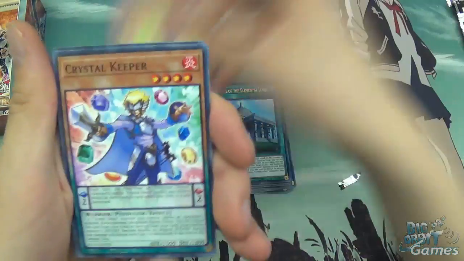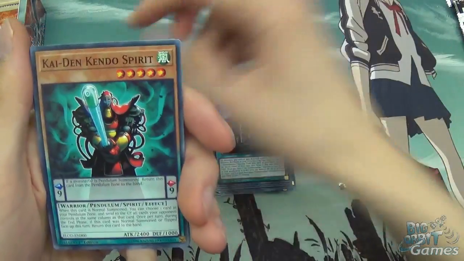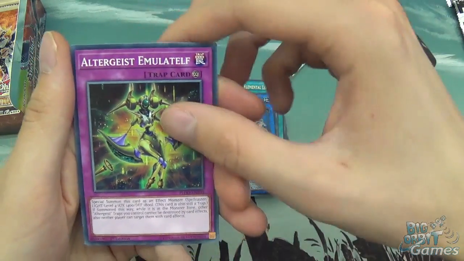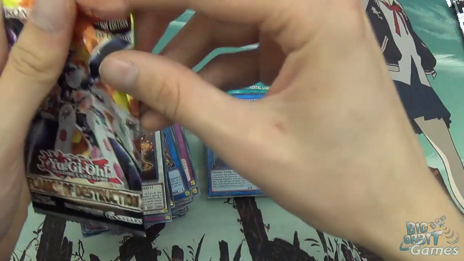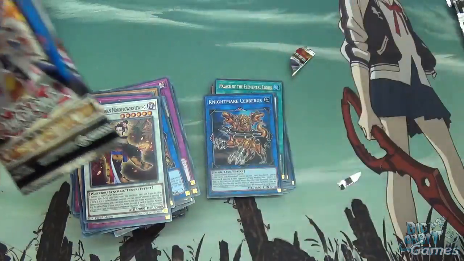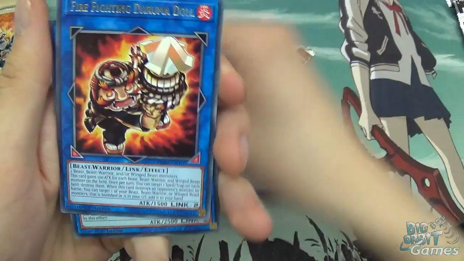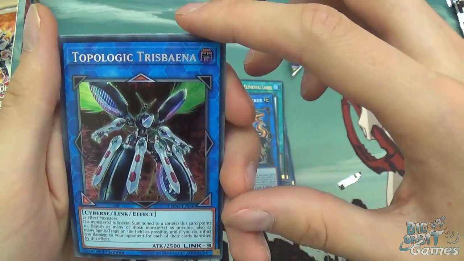Trickstar Nightshade, excuse me, Crystal Keeper, Mama Maki, Kaiden World Legacy Struggle, Nightmare Cerberus, Background Dragon, Altergeist Emelachtelf, and Moonflower Viewing. Shadow Construct, Goki Octastretch, Vendread Nightmare, Firefighting Daruma Doll. Ooh, okay, Topologic